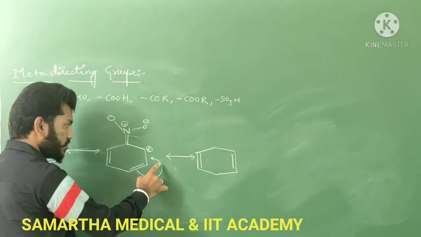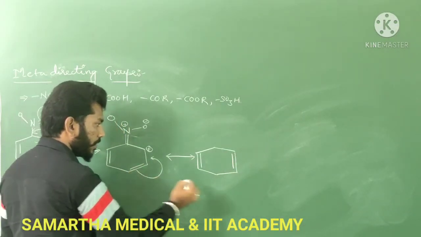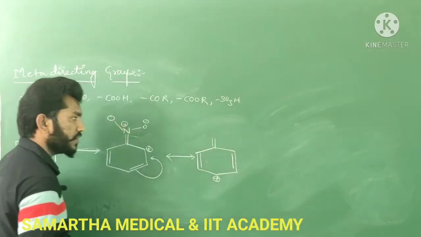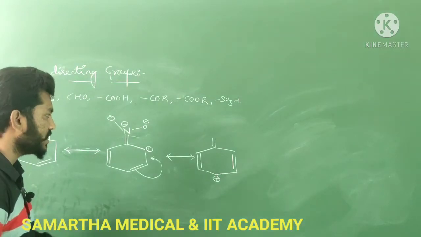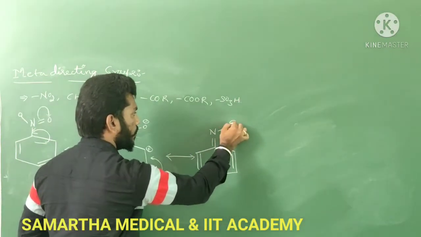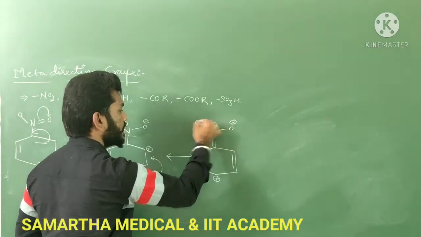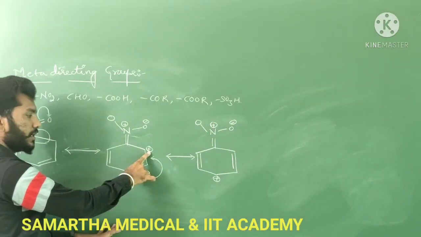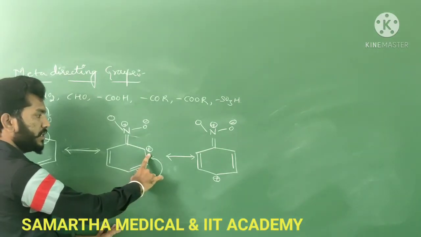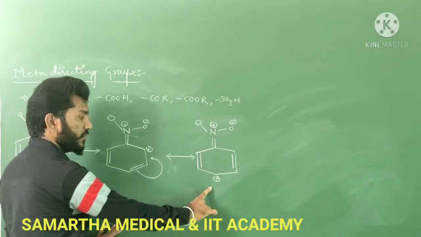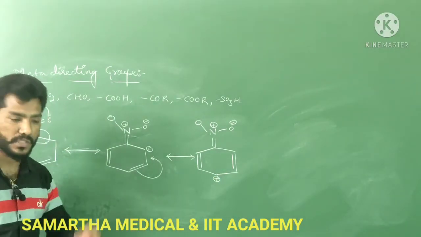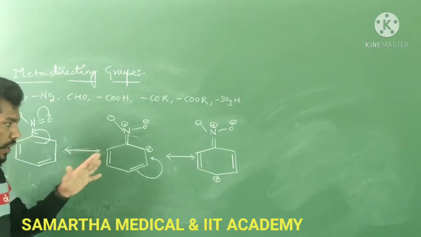So when the electron has been shifted over here, this particular carbon atom gets a positive charge. You just observe at which position that positive charge is occurring. Okay, so N, O minus, O and plus. So this is the ortho position, which is the meta position, and which is the para position. In the second structure we got a positive charge at ortho, in the third structure we got a positive charge at para, but we didn't get a positive charge at the meta position. You just look at that. This is the total contrast.